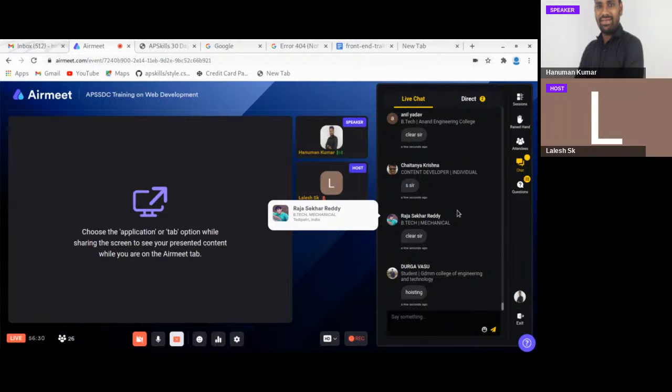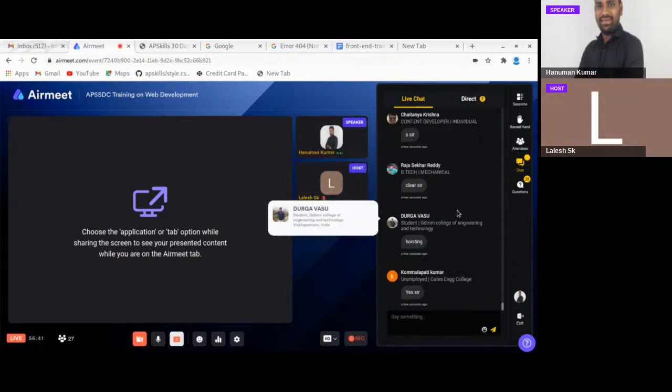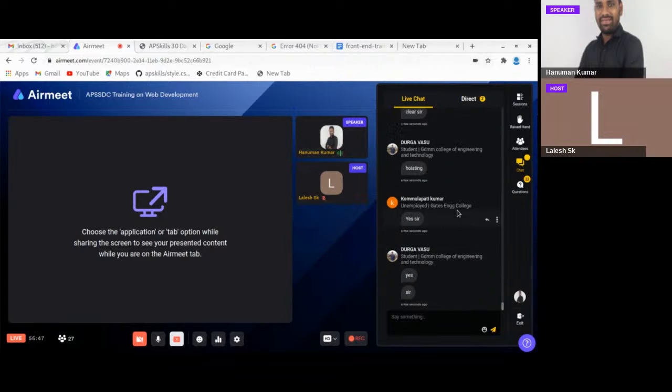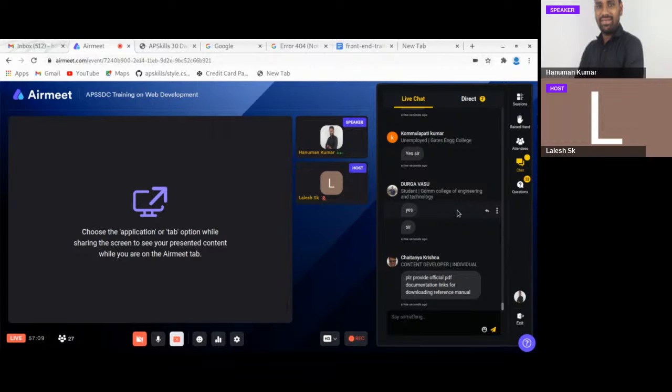We already discussed hoisting, right? When we discussed the difference between let and var, we discussed the concept of hoisting. Hoisting means before executing the program, we can get the values from the statements which are declared with the var keyword. So when we use the var keyword for declaring a variable, those values will be accessed first when we execute the program. That is called hoisting. That doesn't have any kind of block scope, that's having global scope. So if you want to provide block scope, we have to use